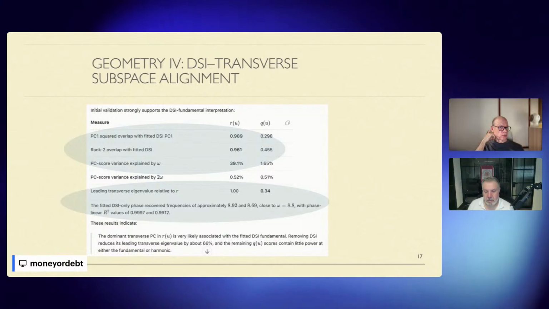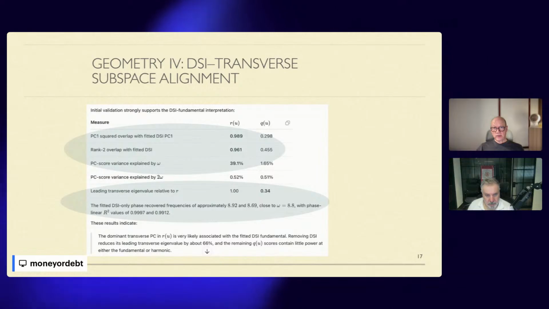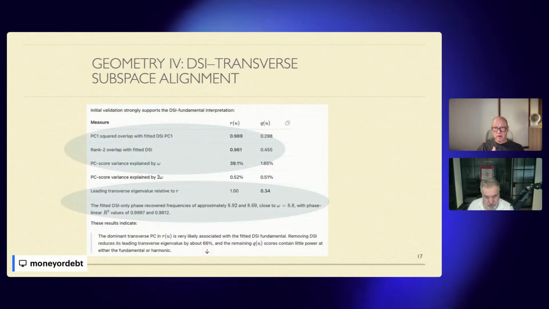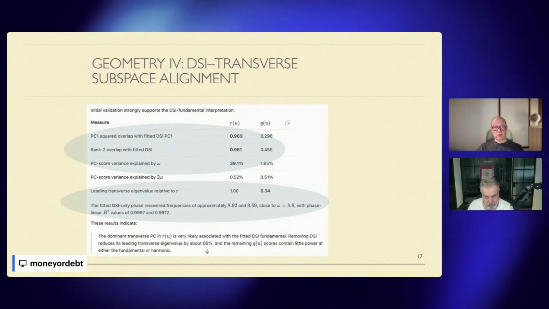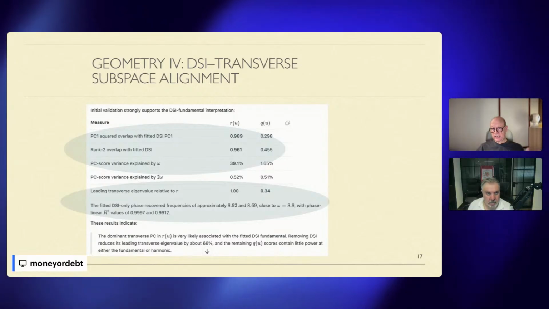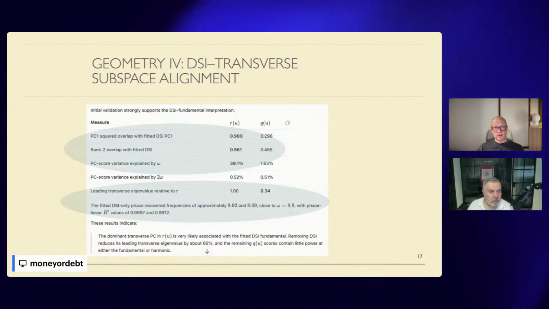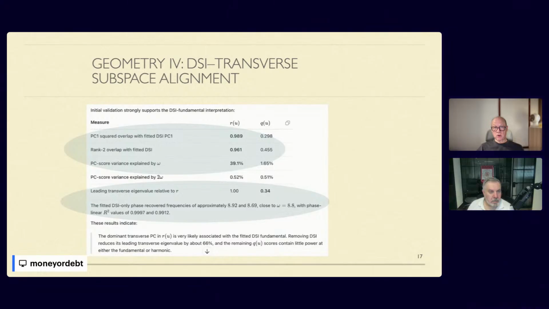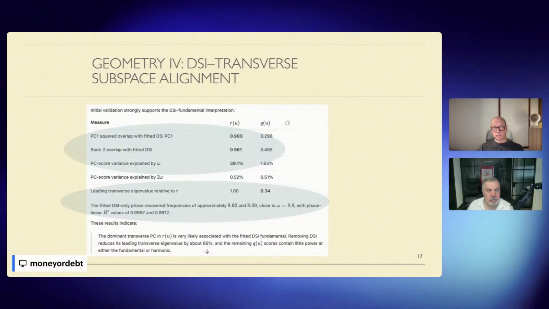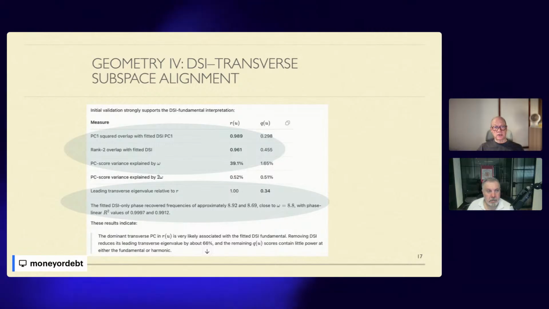The first one is the first principal component squaring, and how well does that overlap with the principal component of the log periodicity? Very high. And this is for the R of U that does not have it removed yet. And then the rank 2 just means a plane overlap. And again, it's very high, 96%. And then the third row says 39% of the variance is explained by the fundamental omega, the fundamental mode. There's very little in a direct harmonic. I did not test for nonlinear harmonics here.